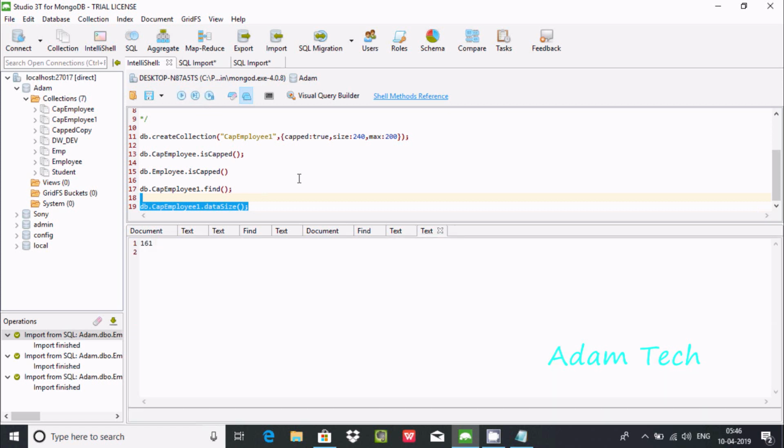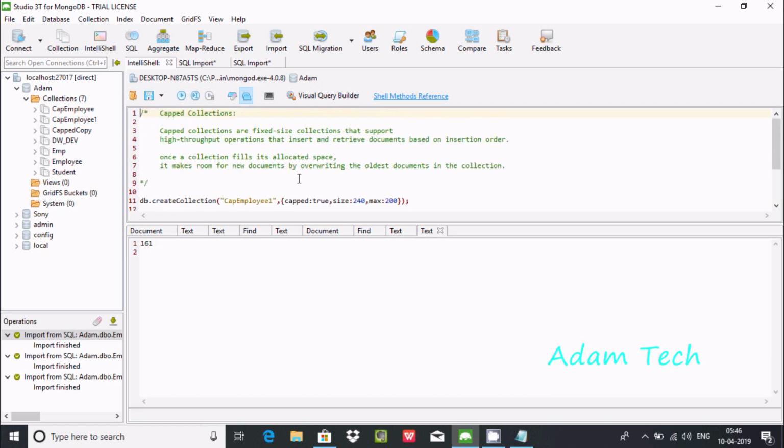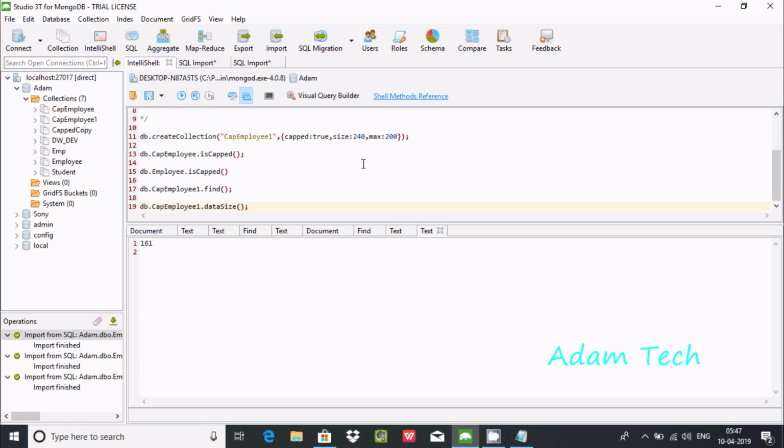If you create a capped collection, a fixed size collection, for a high throughput operation, then insert and retrieve documents in the insertion. So it gets high throughput, but it's a fixed size. Okay, and once the capped collection is full, then it will do the override operation. So suppose I'm going to insert